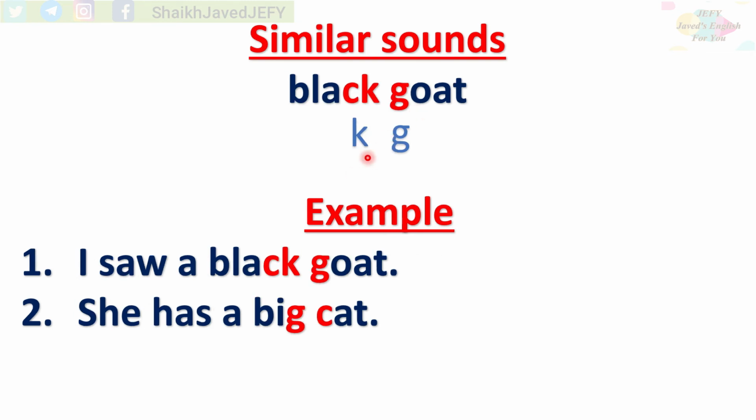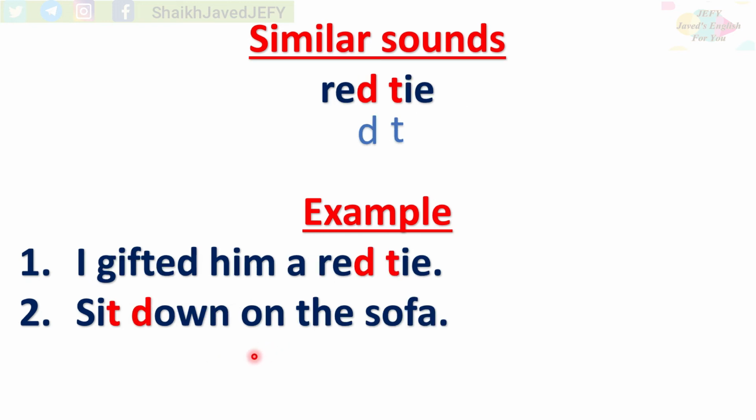There's this example, k and g. You can also link them. I saw a black goat, like that. Or the second one, she has a big cat, like that. Here you linked g and k, big g and cat k sound. Okay, so what would be the right way to pronounce this sentence? She has a big cat, like that. Similar sounds. Next example, d and t, like red tie,